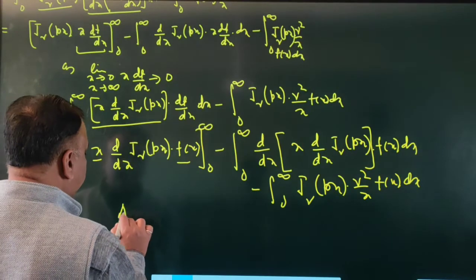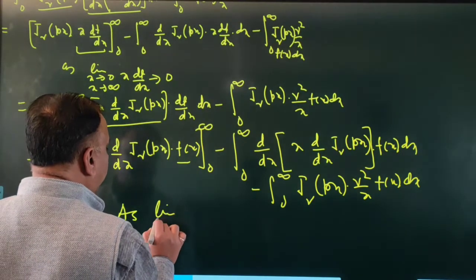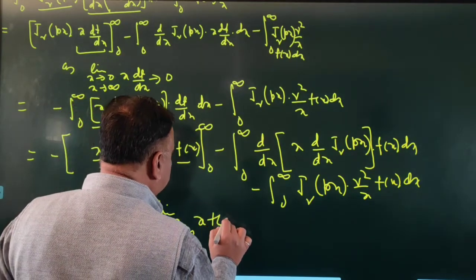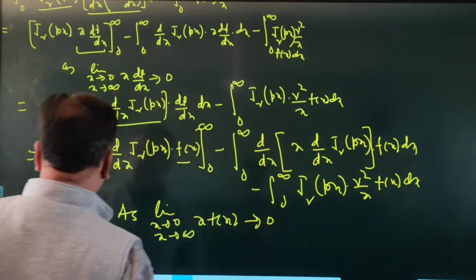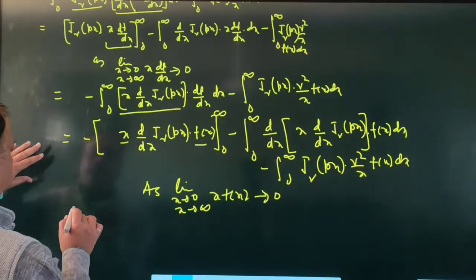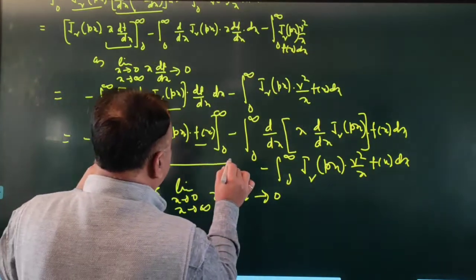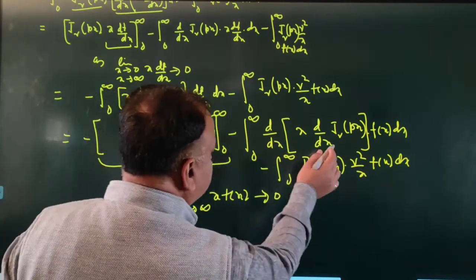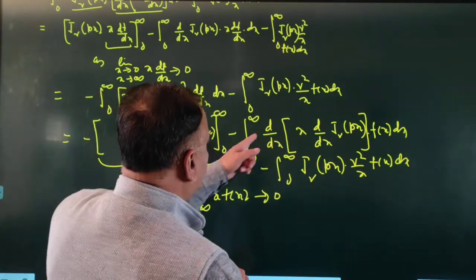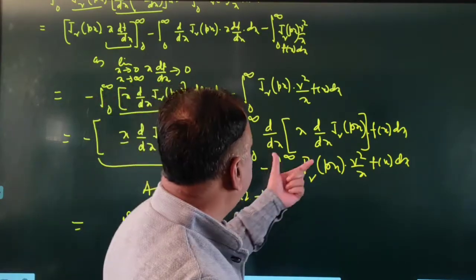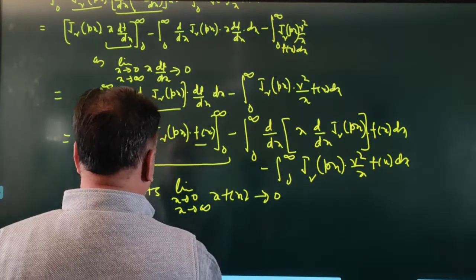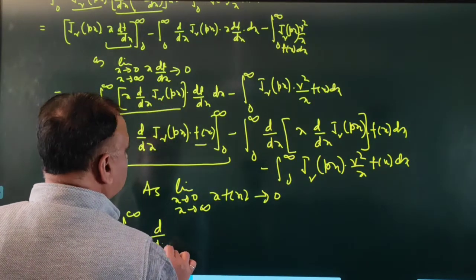So as the limit x tends to 0 and x tends to infinity, x f(x) tends to 0, so this whole value comes to be 0. Minus minus is plus, so we get the integral from 0 to infinity of d by dx of this function. Now differentiating this function with respect to x, we get d by dx of J nu(px)